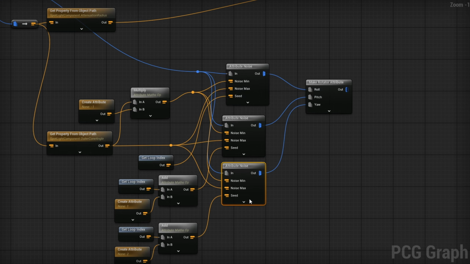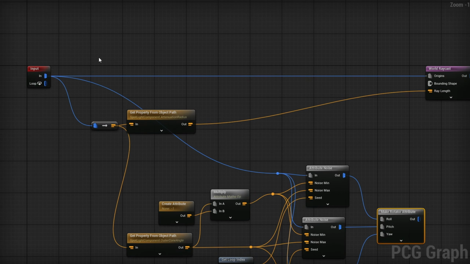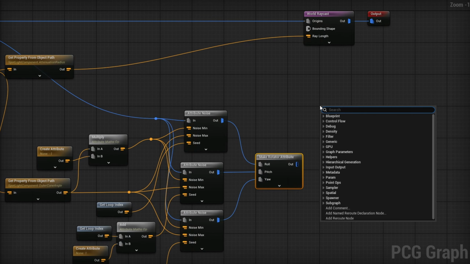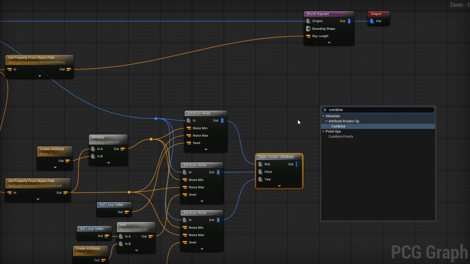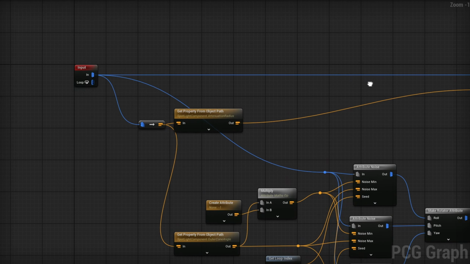These are all randomized within the same range, so it doesn't matter which way you plug these in. But once we have this rotator, we want to combine it with the original rotation of the points. So I'm going to right-click and search for Combine, and you'll see under Metadata, Attribute Rotator Operation, Combine. We want to grab that. We want to combine the actual rotator that we've just created, and we want to combine it with the original